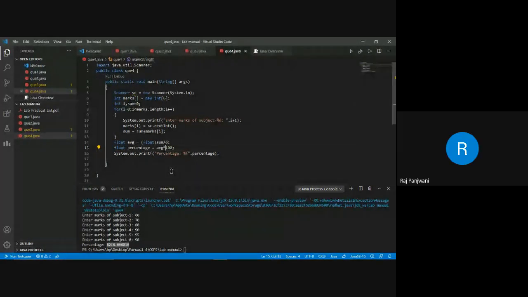Wait, see. How did you get 100? I divided 600 by 6. Exactly, that is your percentage, right? So you are accumulating the sum and dividing it by 6. So in this program, your average is your percentage, no? Okay, ma'am, got it. Exactly. Your answer is correct, actually. Done. Okay, ma'am.